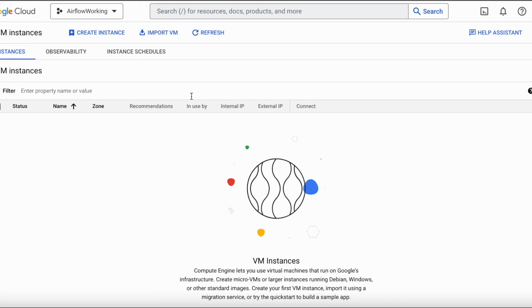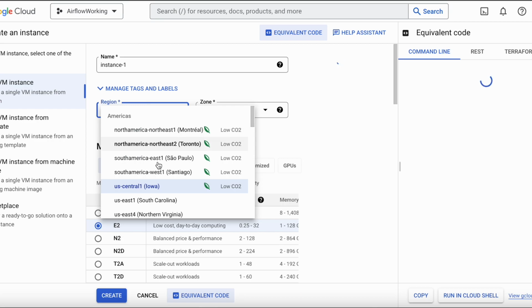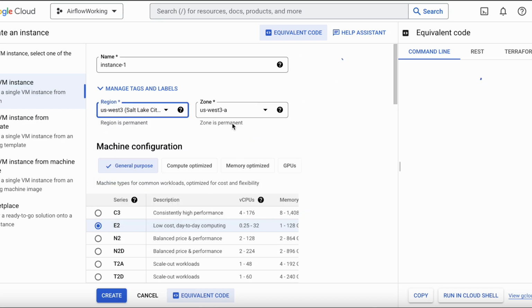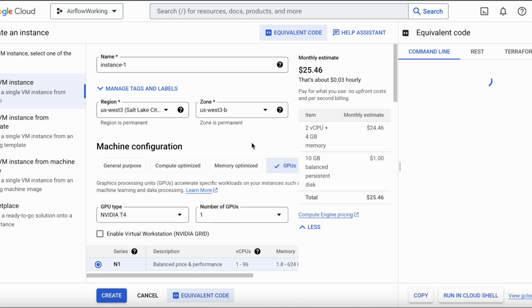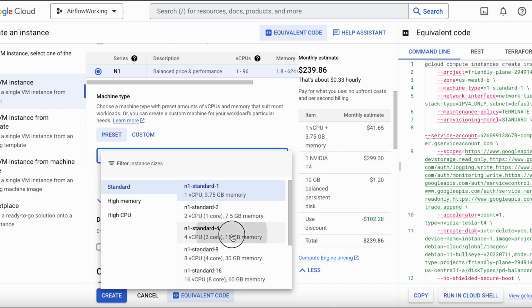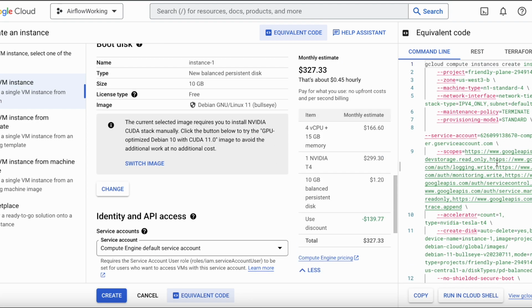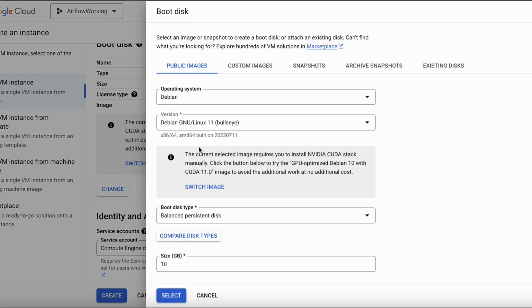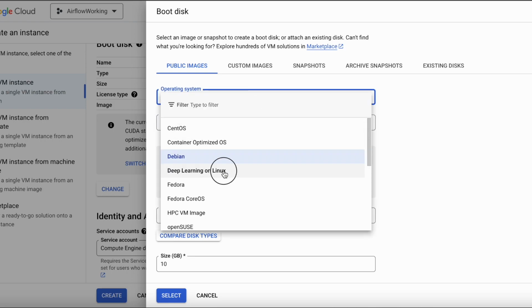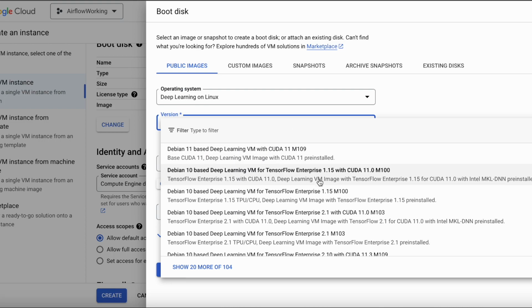So let's start creating a Google VM instance. Here I'm going to select, normally you need to select an area where GPU is available, so I'm going to select one with a T4, and then I'm just going to give a normal one, and apart from that I normally use this one. And here you need to make a bit of a change. Make sure you select Deep Learning ML, and then also you need to make sure you